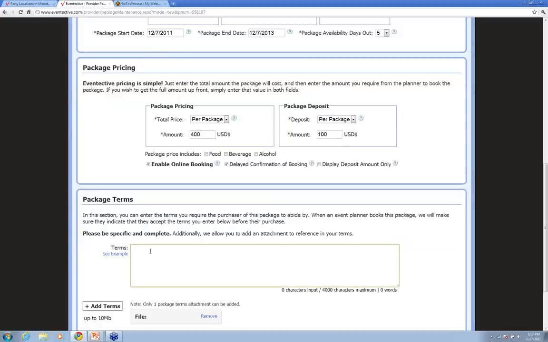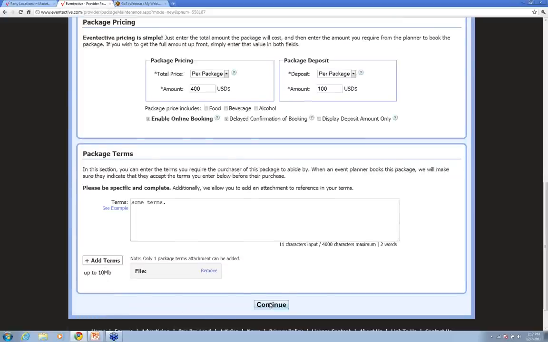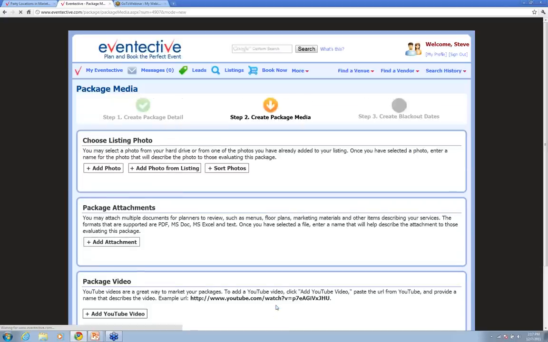And then some terms. You may have terms in a document. You can add them. I'm just going to put the word some terms here because they're often going to be paragraphs and paragraphs of information. But that's pretty much the basics for the basic package information. Next,